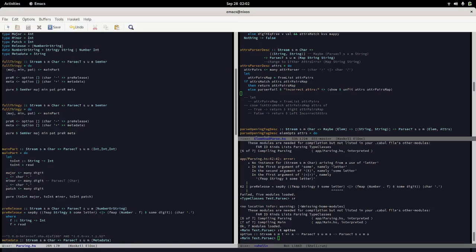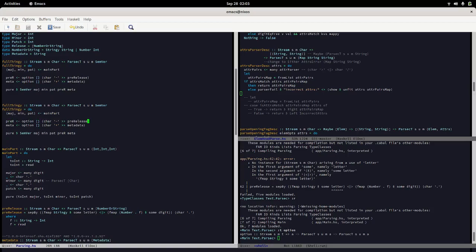But what about if metadata was only possible when we did pre-release? So there has to be a pre-release in order to have metadata, and so we're implicitly only checking for metadata in the case of pre-release. So we'd have to, I guess, change this up a bit. So I know option would change,